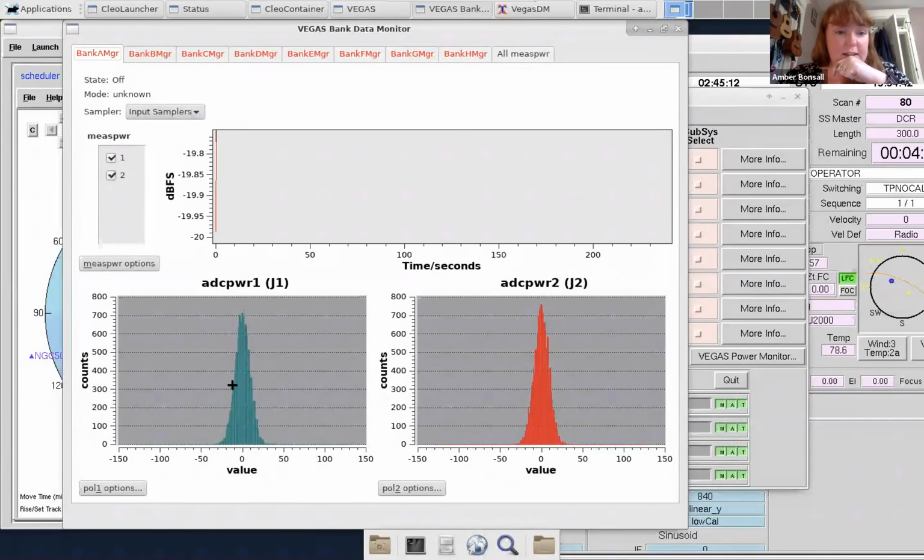But what I'm looking at is the Vegas power for the ADC power. The power level, this peak, should always be between -50 and +50. If it's high,